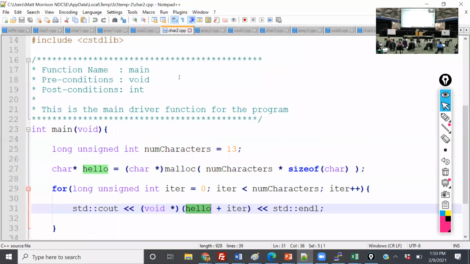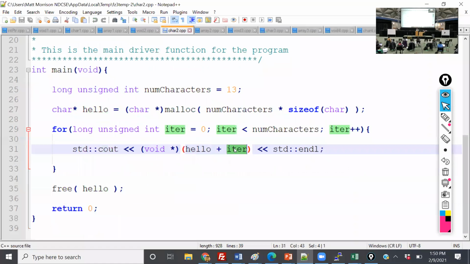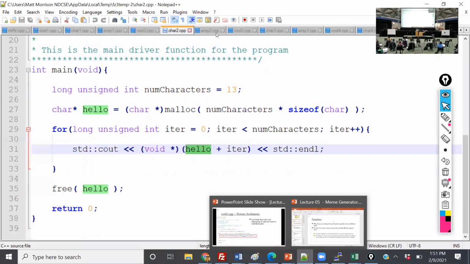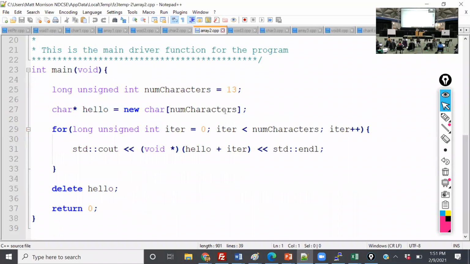If I do the same thing in char2, you see that I just changed this to iter. It's treating it as an object. I don't need to cast hello because it's a char star, not a void pointer. If I do make char2, it does the same thing. And if I go to the next level of abstraction in array2, I say hello iter, and I call delete hello here.